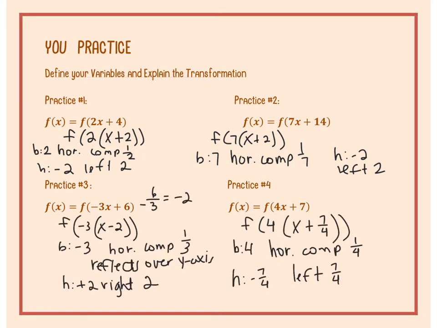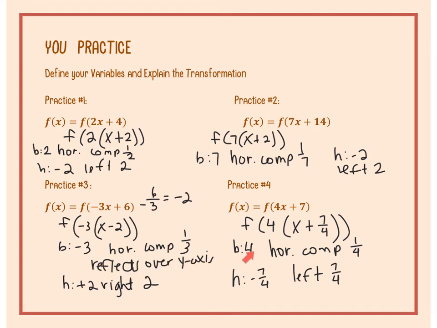Okay, let's see how your understanding was. On this one, I had to factor out a negative 3. So 6 divided by negative 3 gave me a negative 2 in here. So h is really a positive 2, which went to the right 2. B is a negative 3, which means a horizontal compression of 1/3, and because it's negative, it reflected over the